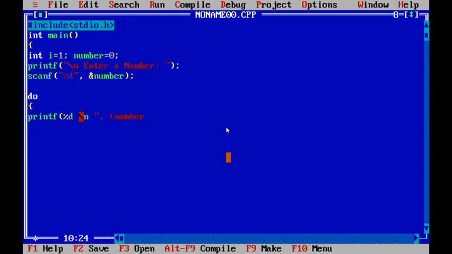Number is multiplied with I value. While executing the printf only, we will evaluate this expression. The printf is executed from right to left side. First it evaluates that expression, after that it prints the data.